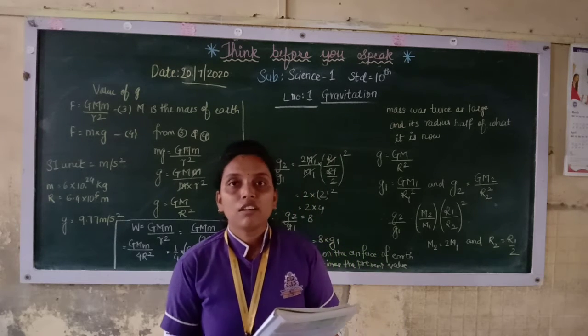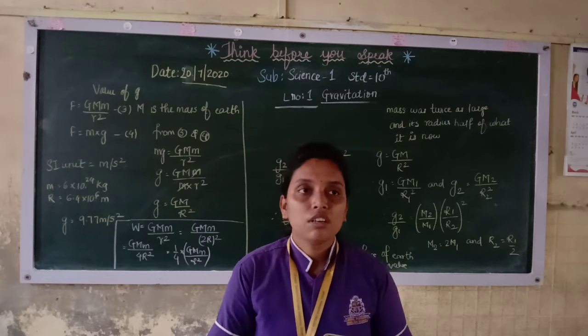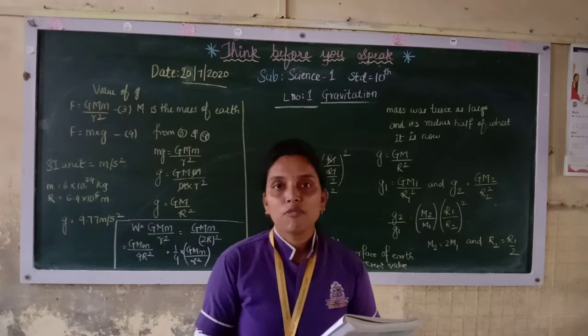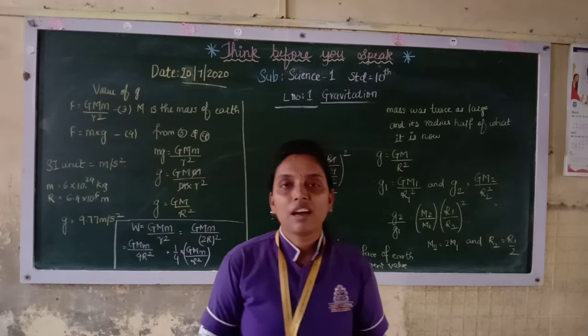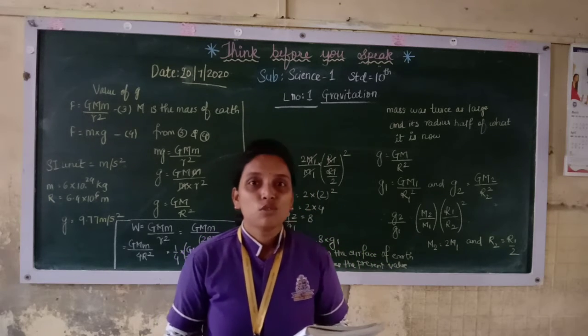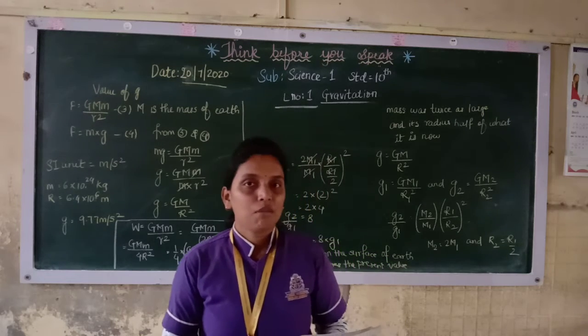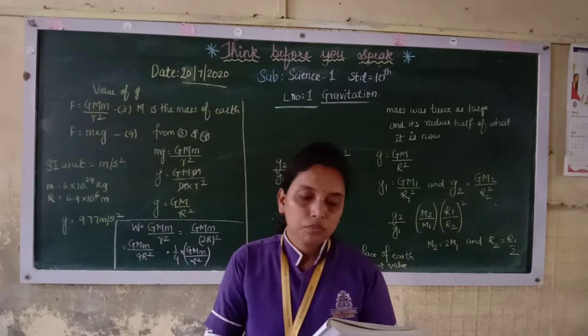What would happen if there were no gravity? So we said earlier, if there was no gravity, there wouldn't have been attraction between two objects, and so there would have been no formation of the solar system and galaxies, etc. So all these things which are there on the earth wouldn't have been there. They are there because of gravity.